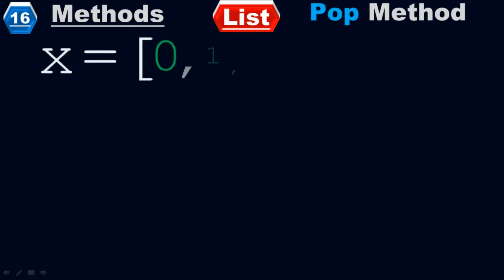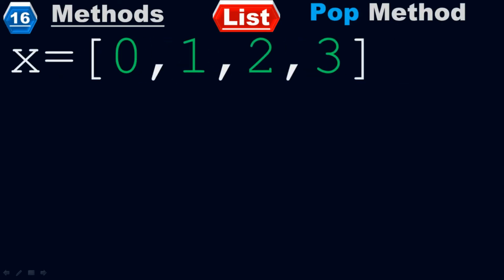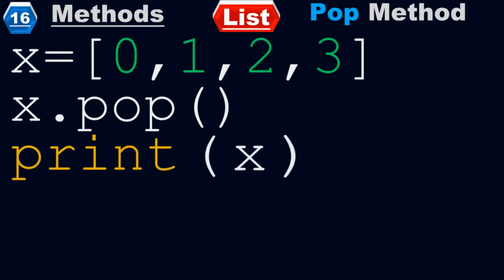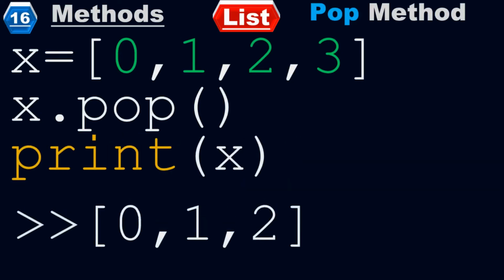Example number 16. X equals 0, 1, 2, 3. X.pop function. Take the print of x, you will get 0, 1, 2. Look here, the given list is x equals 0, 1, 2, 3. This list has been named with the identifier x. Now take the pop function, x.pop of parentheses. Don't put anything inside the parentheses, simply put two parentheses after pop